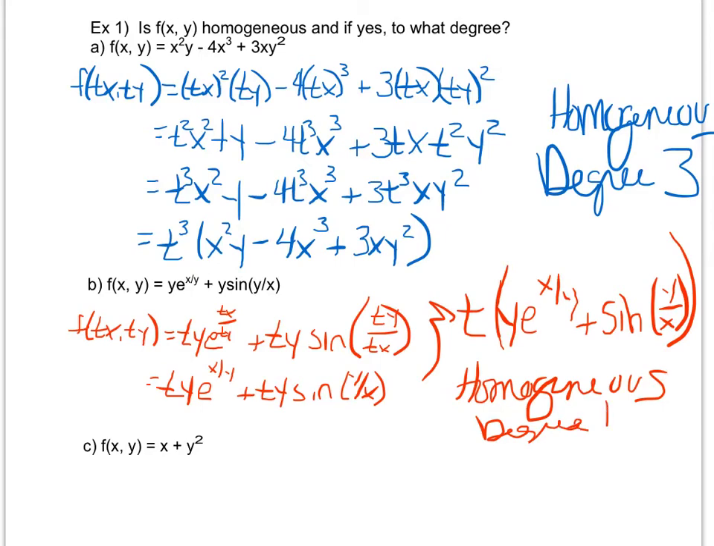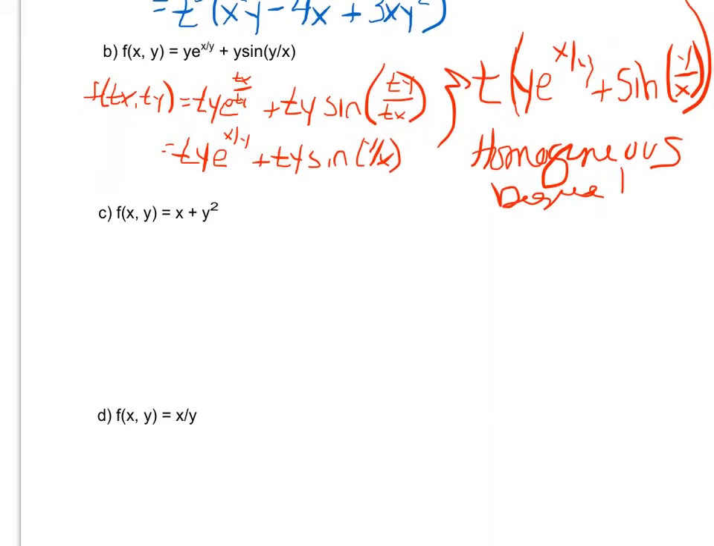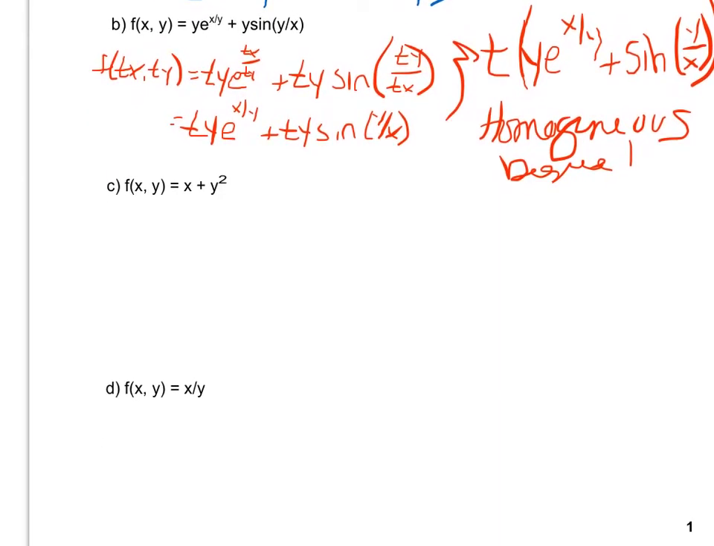Looking at my next example, example C, doing the same thing because I'm still answering the same question. What is f of tx, ty? This would be a good one for you to try, this one and then possibly D as well, so you can see if you're catching on to this. Giving me tx